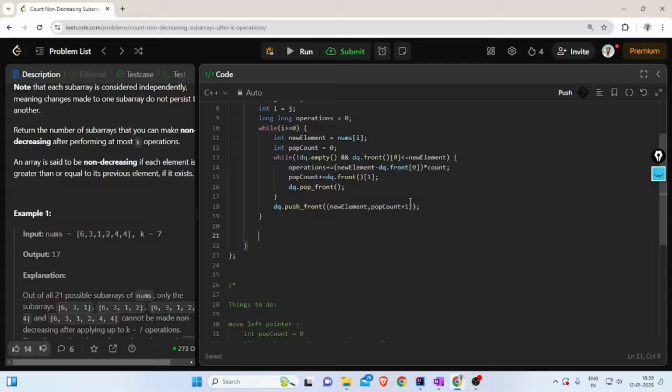At this point, I can check if the operations is still less than equal to k. If it is, then whatever the length of the window size is right now, I'm going to increment that much. So that is nothing but j minus i plus 1. This can go out from an overflow, so 1 LL, let's multiply it. Else,